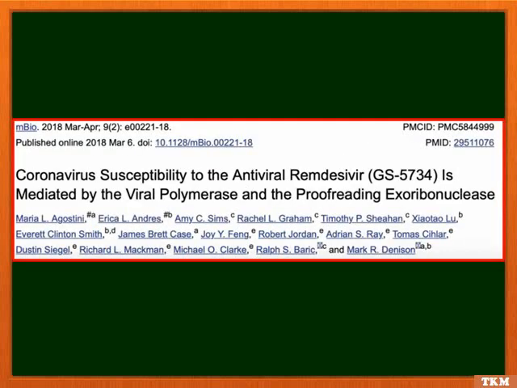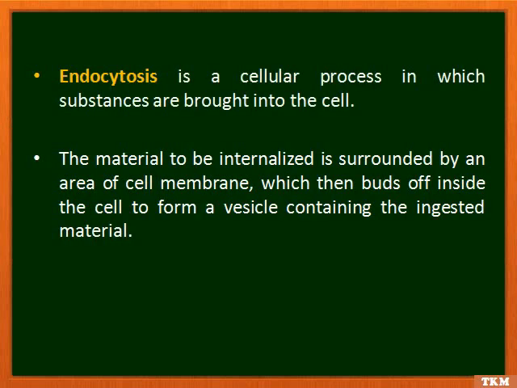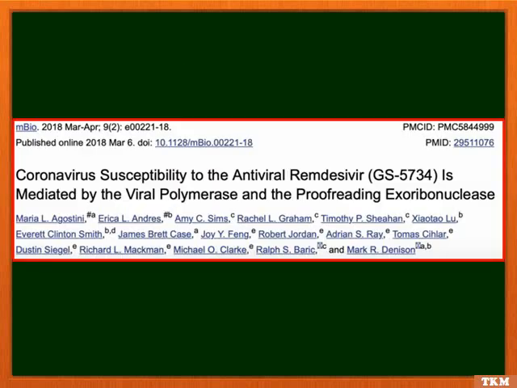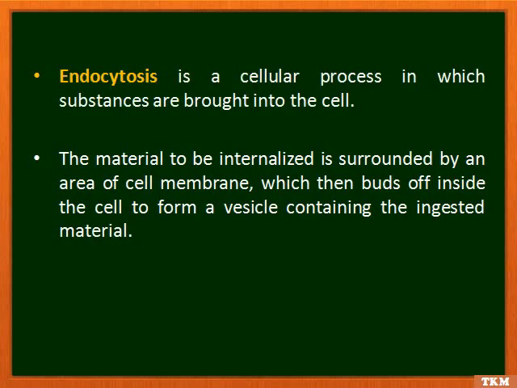There is one more paper. Coronavirus susceptibility to the antiviral remdesivir is mediated by the viral polymerase and the proofreading exoribonuclease. Now, before we move further, in the previous paper, I would like to explain GS5734 is another name for remdesivir. So before we move further and understand in detail the mechanism of action of remdesivir, we need to understand a few terms